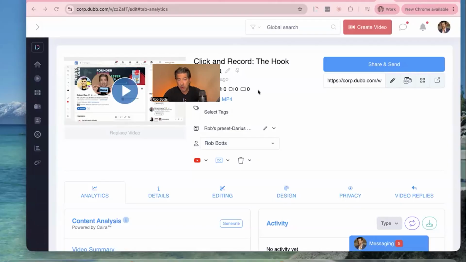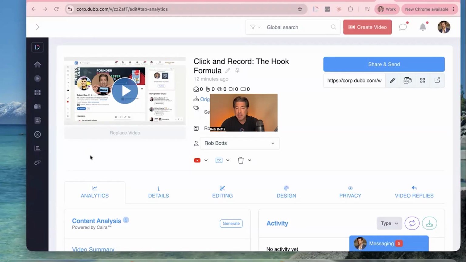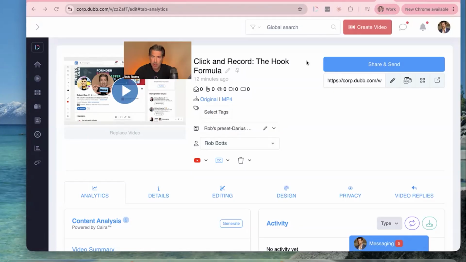Sending a video. What is a way to do a simple send with the Dubb platform? Let's take a look at that now. So when you have a video saved inside the Dubb platform, like we do right here, how would we send something like this? Well, what we're going to do is click the big blue share and send